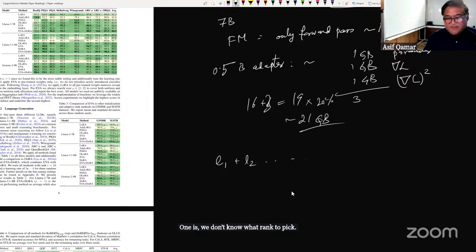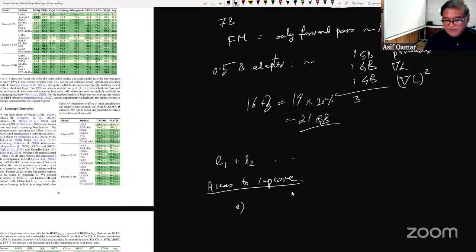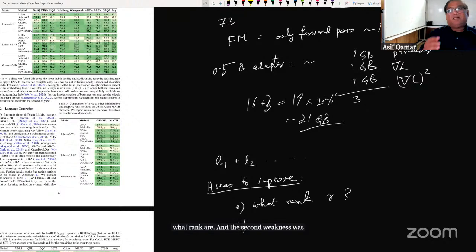So the areas to improve are what rank. And the second weakness was that, see, when you take a matrix and you do random initialization,